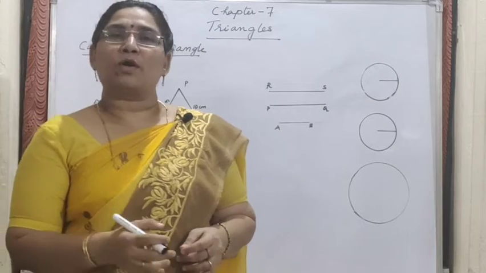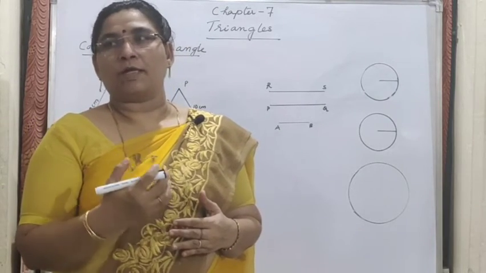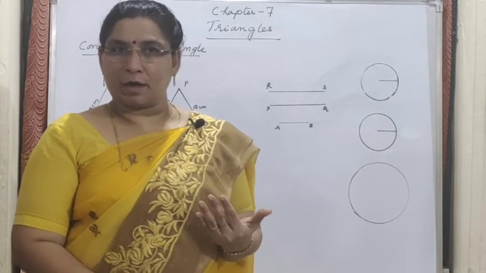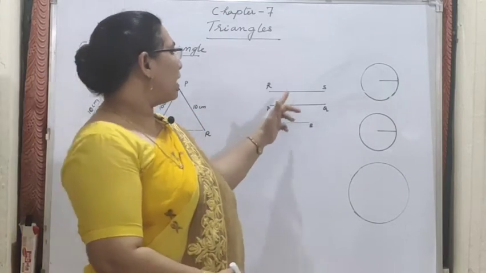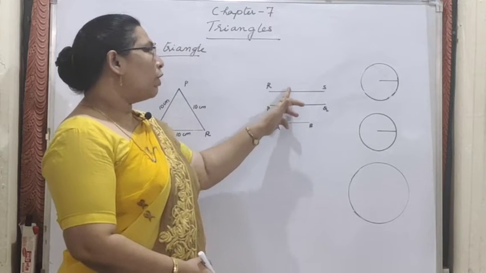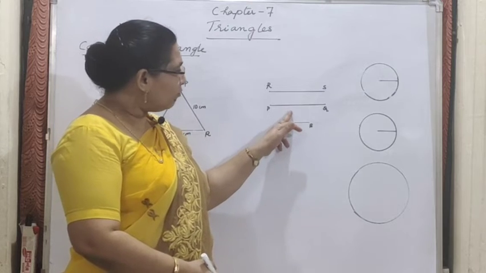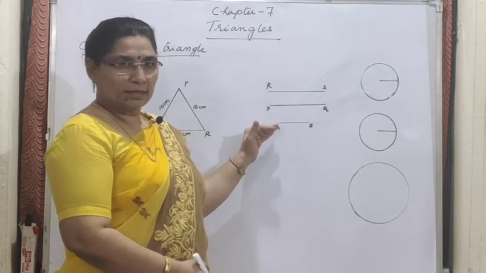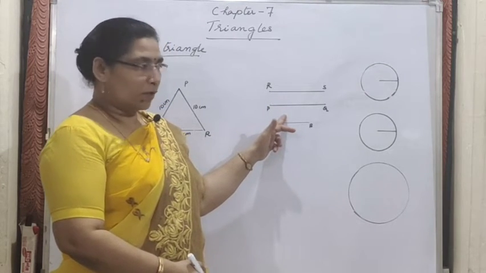Next topic is congruent figures. Think of photocopies of the same photos. If you take copies of the same size, then we can say that it is an identical object. Similarly, we can go for the geometrical way. Take line segments AB and PQ, RS. PQ and RS are equal in length, whereas AB is not equal in length. So when we keep PQ on the RS, they exactly cover each other. So we can say that this is an example for congruent figures.